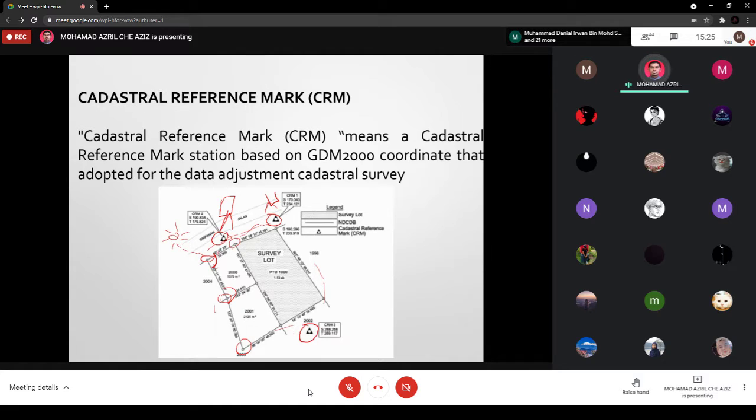Okay, so if you look to the reference textbook, in order to set up the CRM point, you can open page 28. They have a few criteria that need to be considered for establishment of CRM. The first one, cut-off angle at least 15 degrees surrounding CRM station. So this cut-off angle means